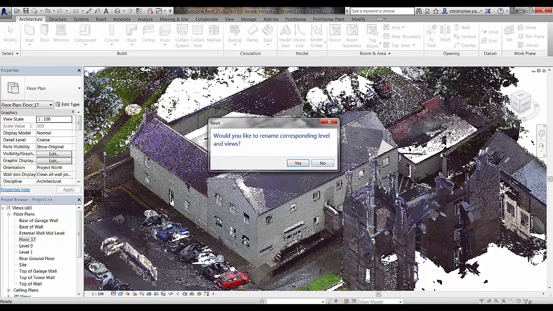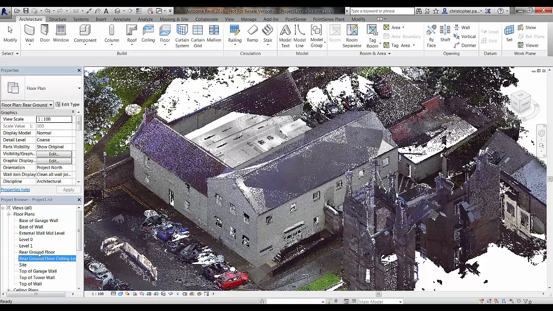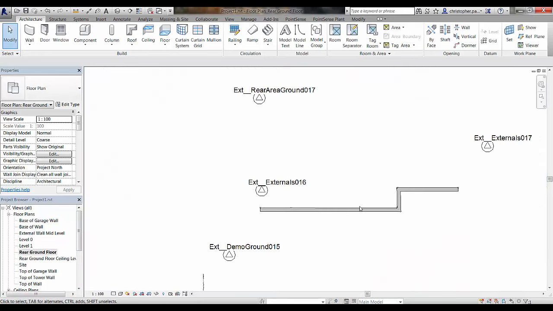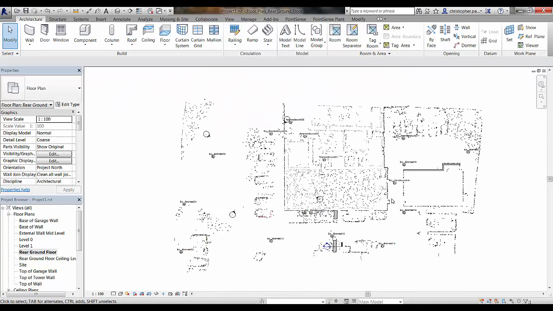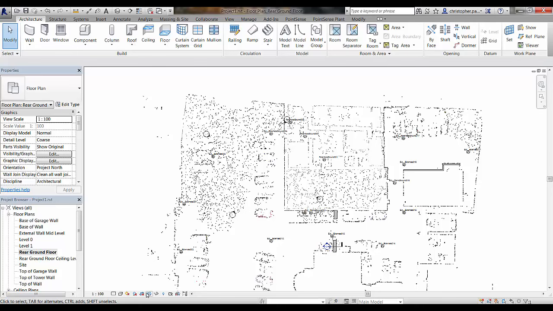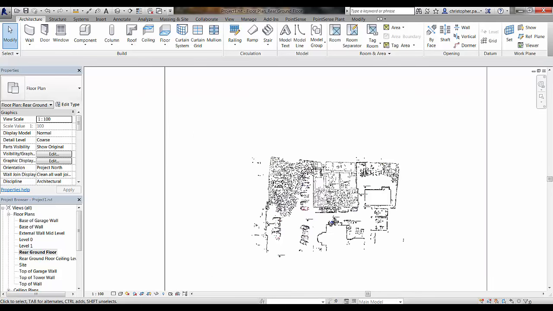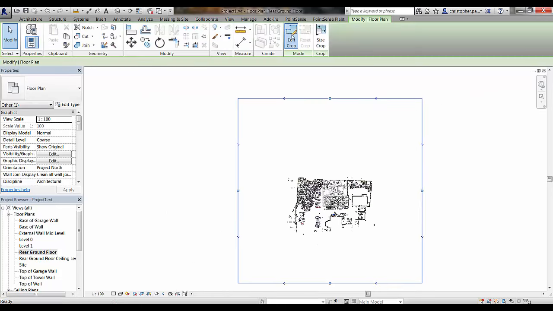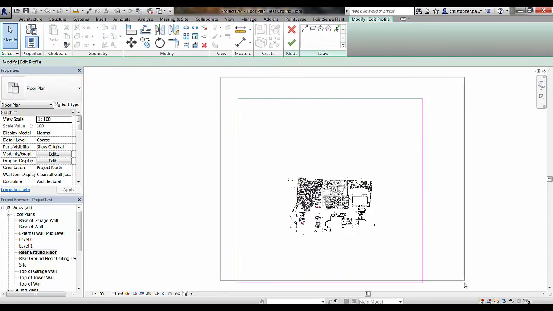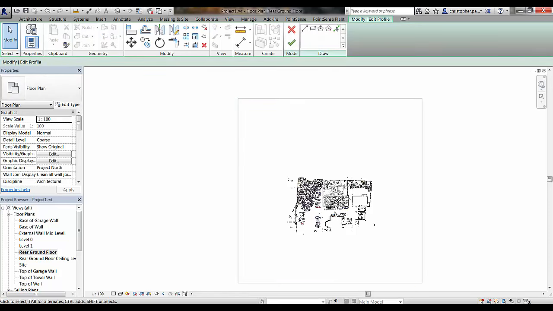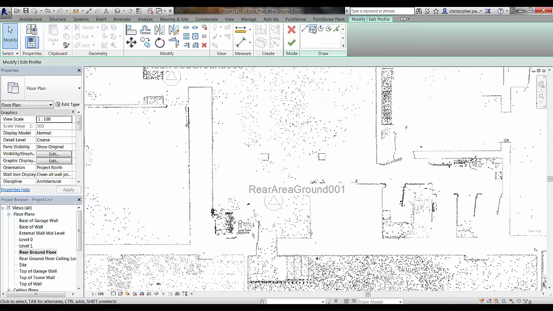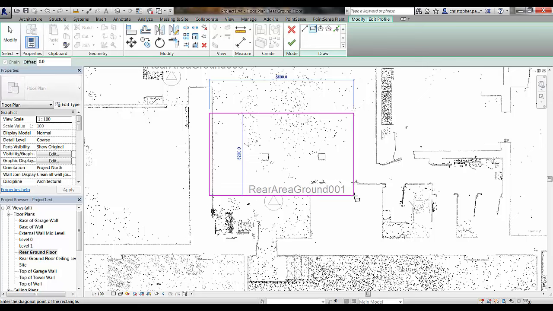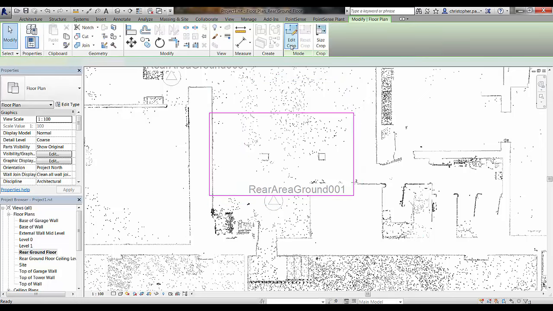Okay, once that's done, we are just going to open that up, just so we can see what we're doing. You don't always have to do this, but this is just so we can visualize what's going into the project. I'm just going to open up that rear ground floor, and crop the view down so we can actually focus on the area we're dealing with. And here's that rear area ground 1 scan that we're looking at in VirtuSurv,